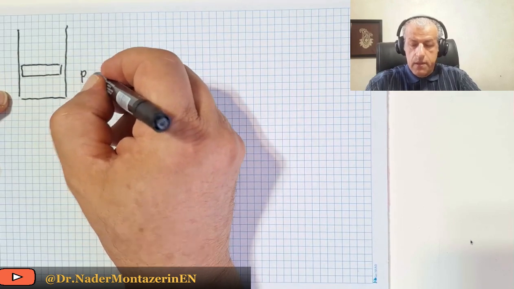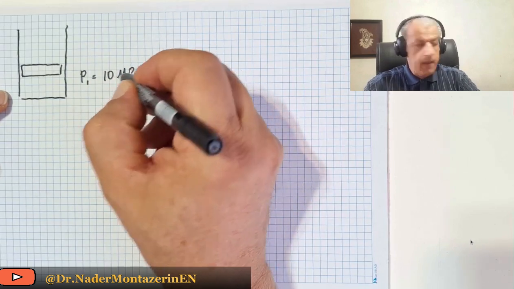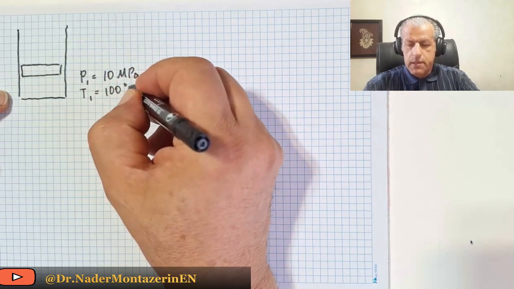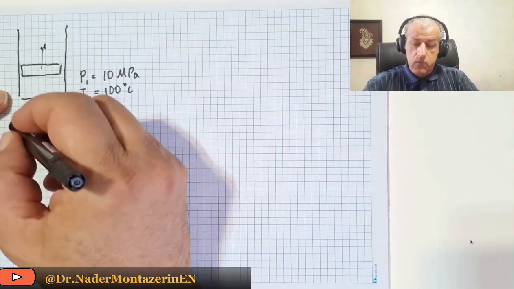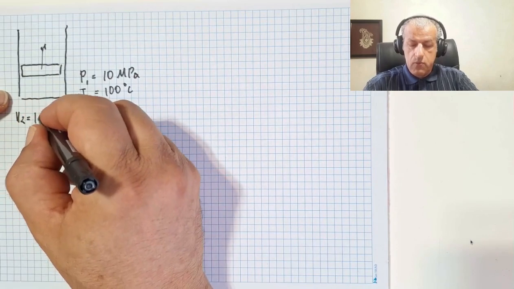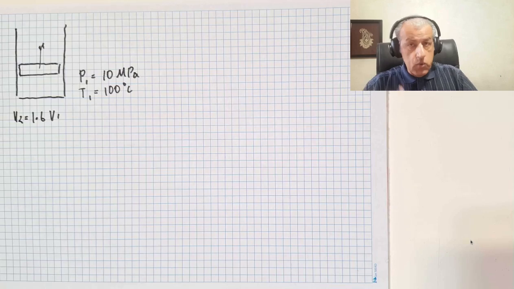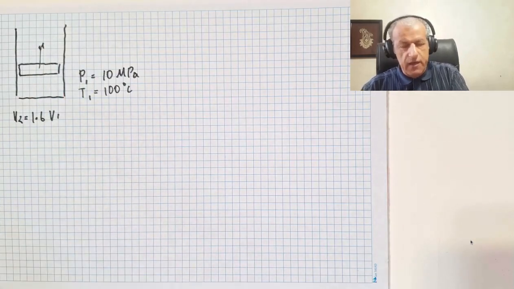P1 equals 10 megapascals, and T1 equals 100 degrees C, and it expands such that V2 equals 1.6 V1. So if we want to do it just as we have always done, and you see the problem doesn't tell us to assume such a thing, it just tells us the initial and final conditions,